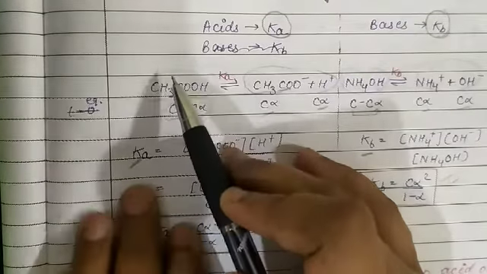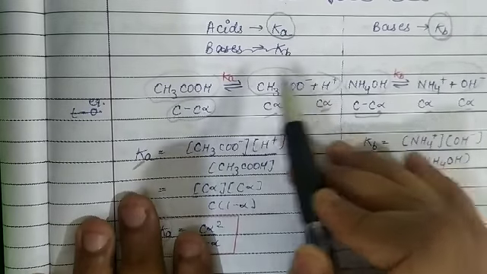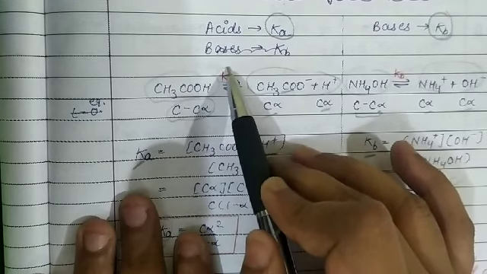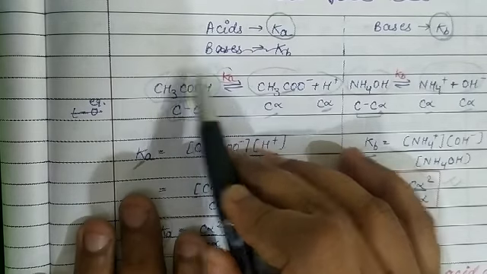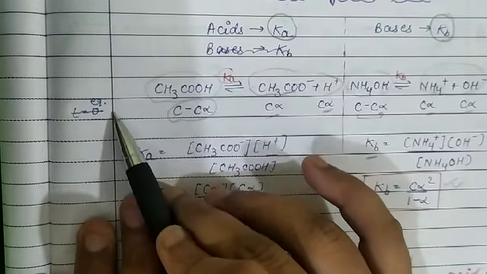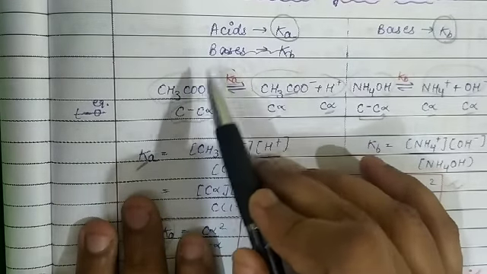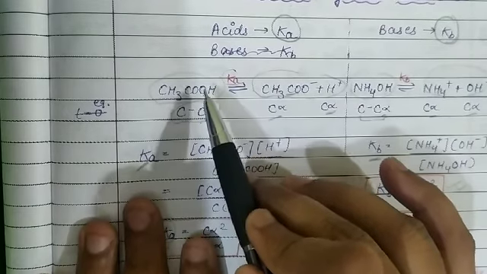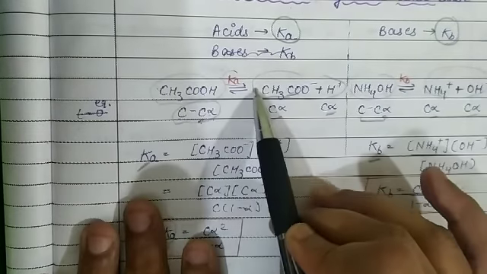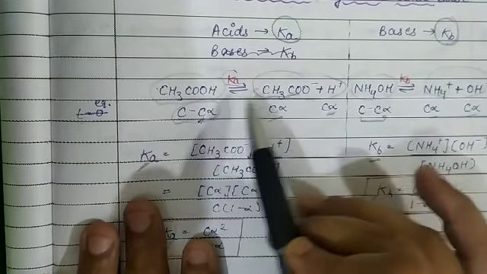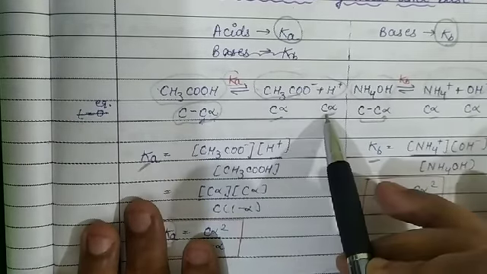See, for a weak acid, for example CH3COOH dissociates into CH3COO minus and H plus. The dissociation constant of the acid is Ka. The initial concentration of the weak acid is C, and the ions are 0, 0. At equilibrium it will be C minus C alpha, as the degree of dissociation is alpha. Suppose 40% is dissociated, then 40% of its initial amount is dissociated, therefore it is C alpha. As the coefficients are again 1:1, the ions are also C alpha each.